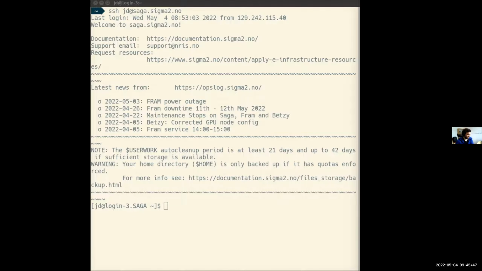You can take over if you want. Yeah. So now, where are we when we are logged in? We can see what kind of host we are on by the command hostname. Here I got login to Saga.